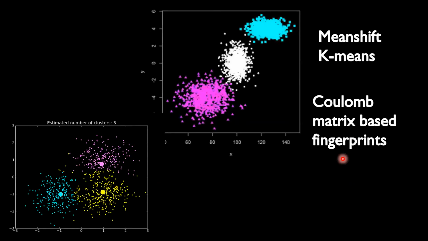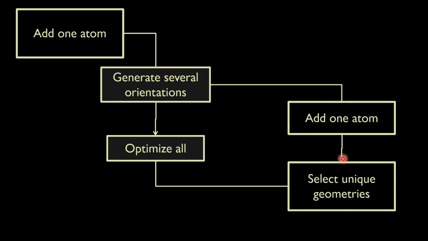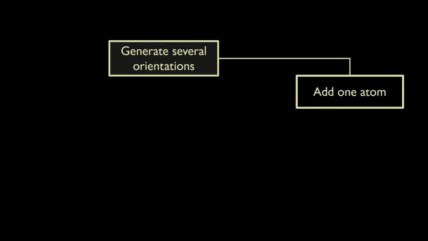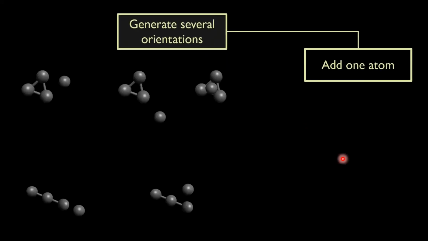We cannot manually go through all these structures and see if they are similar. So we have to use some automated methods, like the mean shift algorithm or k-means, which come from machine learning libraries. So using all that, we select some unique geometries, and then we add another atom to this,